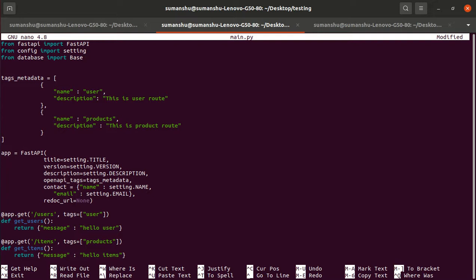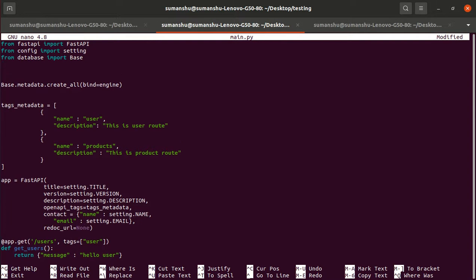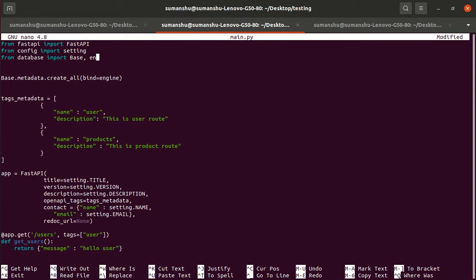Okay, and what we have to do is Base.metadata.create_all, and bind equal to engine, and we have to import the engine as well. From database import engine.